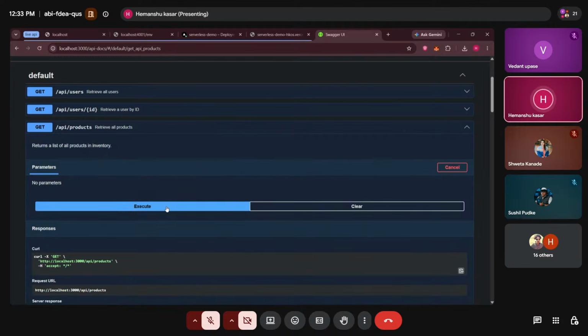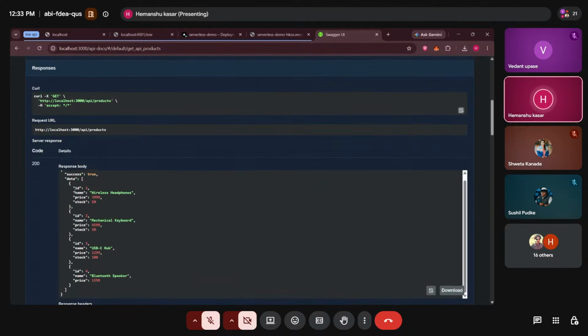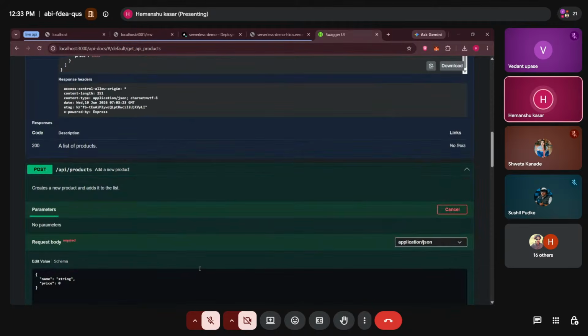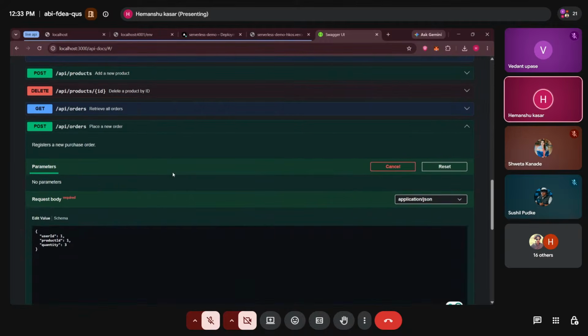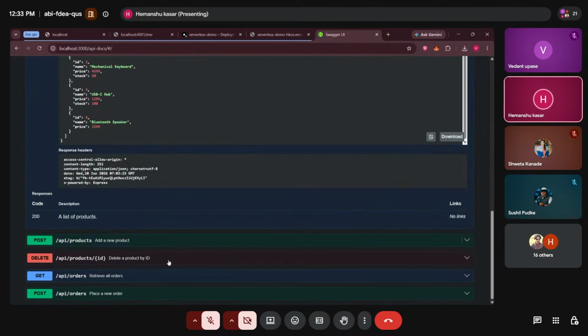Once I click on execute, yeah, here we are able to see the ID one is the wireless headphones and the price is 299 and the stock is 50. Here the one order is placed by the user one, so we can see that in the retrieve all orders data.